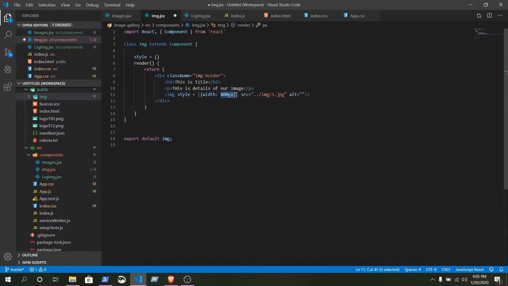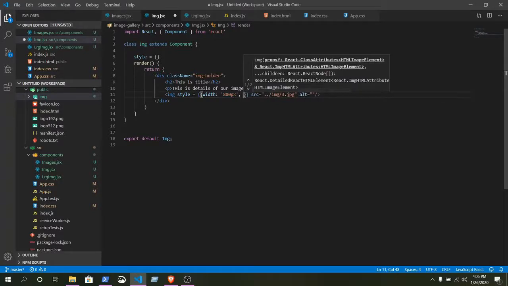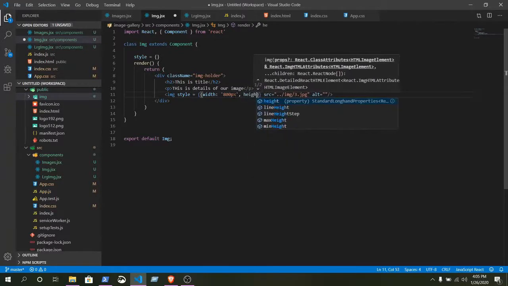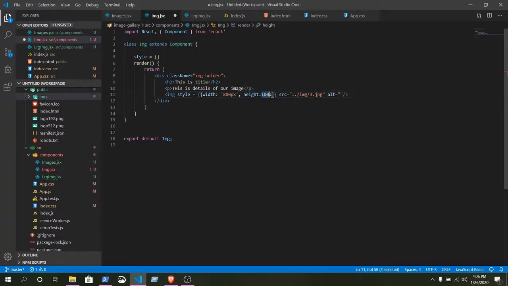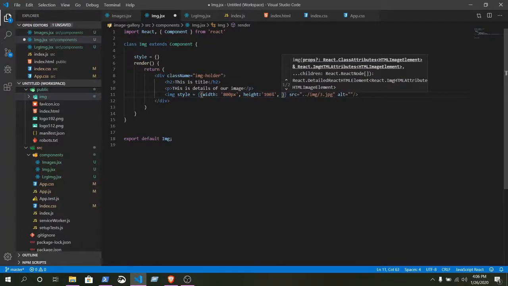This should be inside single quotation marks. Now write a comma. Next, height will be 100%. This should also be inside quotation marks, and the last one will be transform